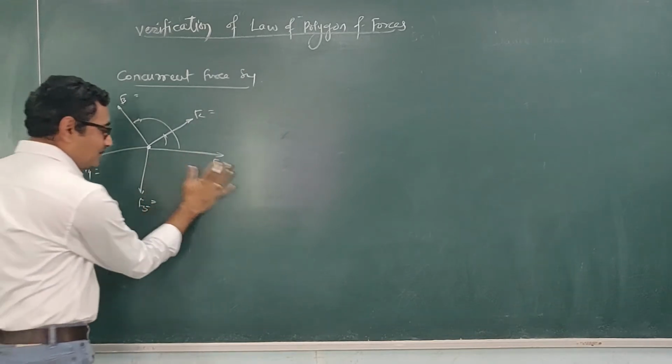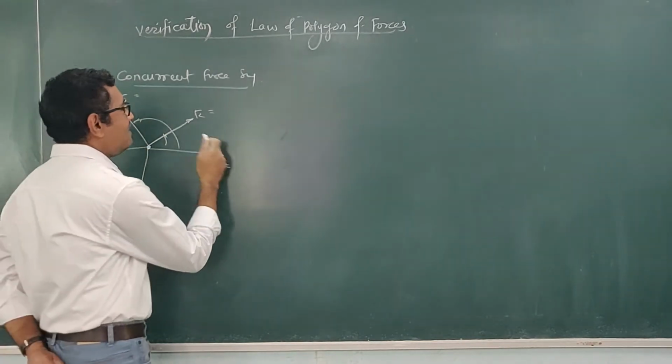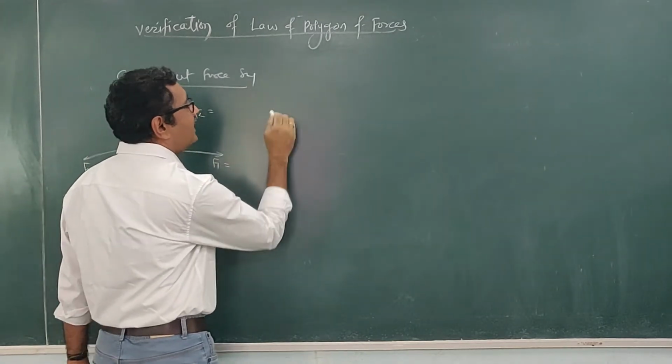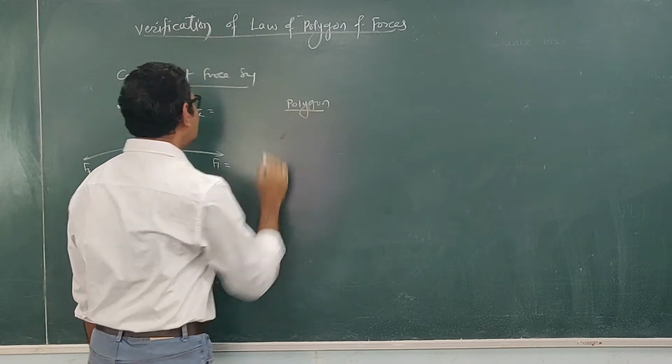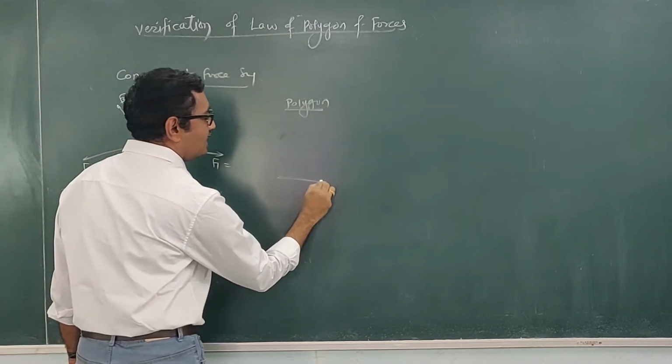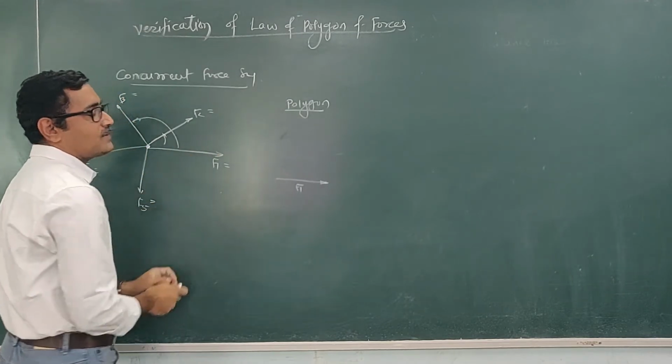Okay. Now, if this is a concurrent force system which is in equilibrium, now with this concurrent force system, if I draw the polygon, I am representing all the 5 forces. Here, to draw the line to represent these 5 forces graphically,